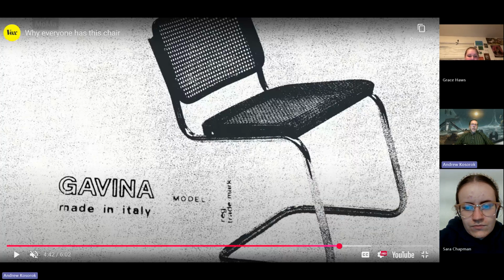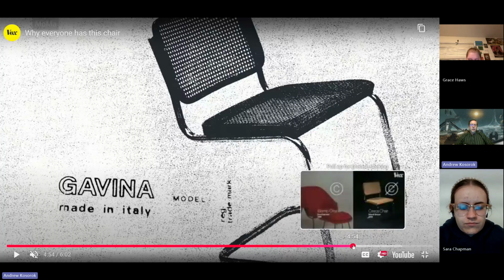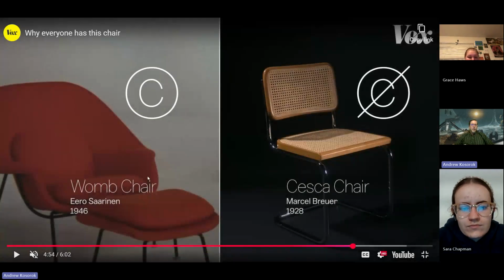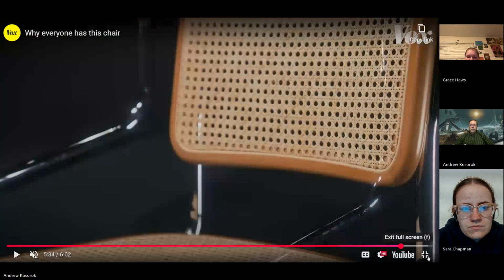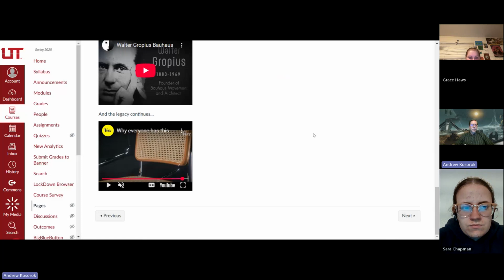The metal tubing remains kind of flexible, so when you sit in this chair, it's not a rigid experience. The caning was relatively simple to manufacture, so it could be mass produced with a weaving technology. And what's interesting about this particular design is the metal tube legs act almost like shock absorbers, and it becomes incredibly comfortable. And you can see the variations of it. It's still something that is very popular today. I think that's really very interesting.